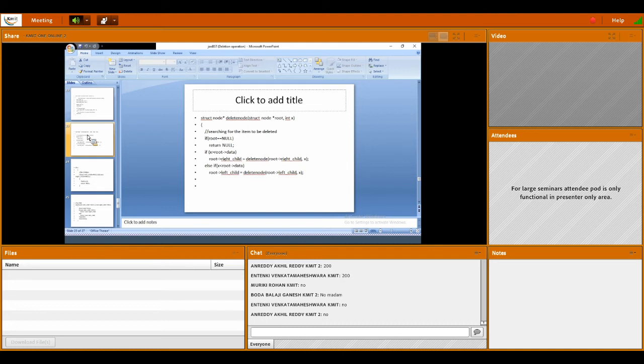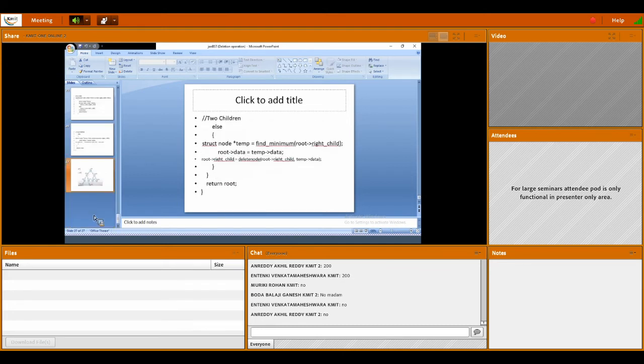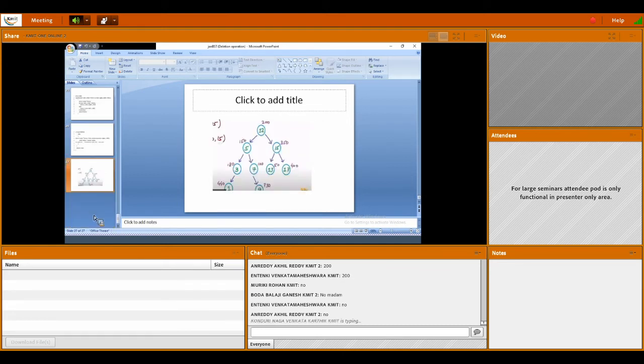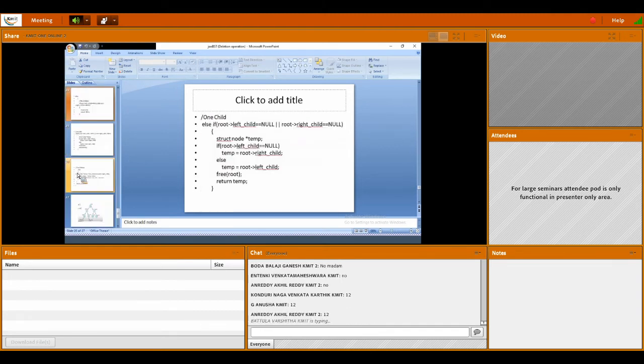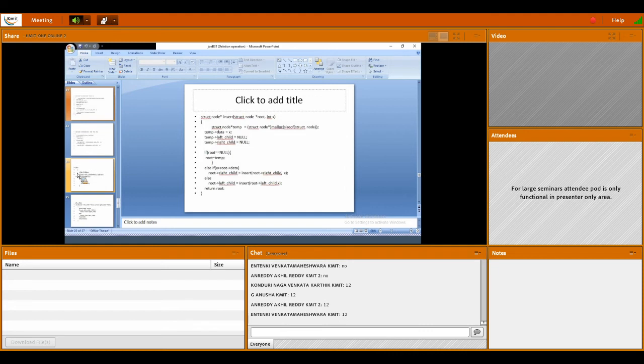You see here, x is 1. Root of data, what is root here? 200. 200 of data, according to the diagram, is 12.